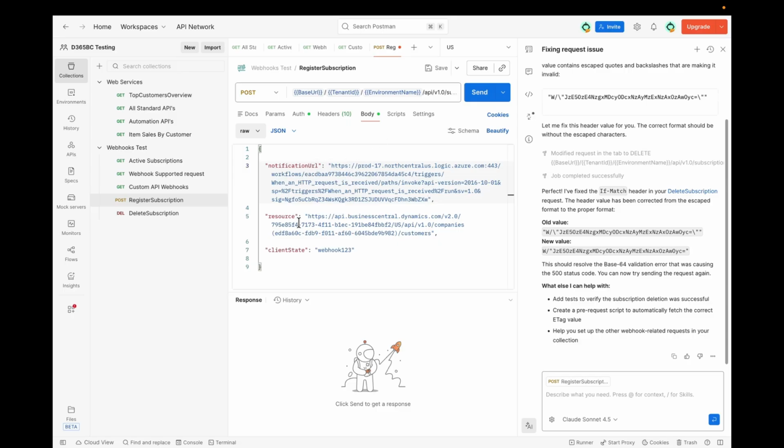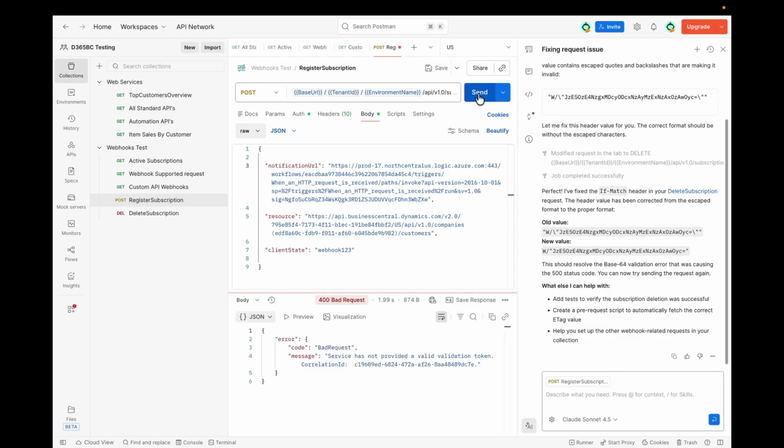My post request to register the subscription is almost done, where I have passed the correct URL in the post request. I provided the three parameters in the body, which is very much fine. But when I run this, it will give me an error. So let me click on send. As you can see, I'm getting this error which says the service has not provided a valid validation token, which means that